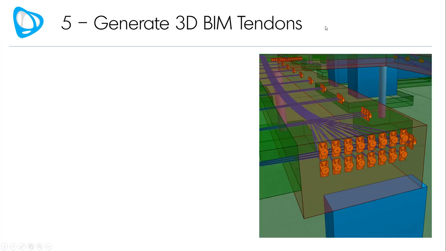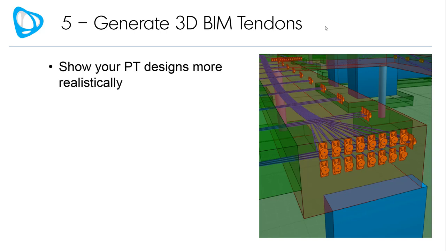So the next workflow talks about how you can use Visicon to generate 3D BIM tendons from your ADAPT models. Why would you do this? So that you can show your PT designs in a more realistic geometric layout. And I'm not promoting here that you as the structural engineer become responsible for the final coordination and actual placement